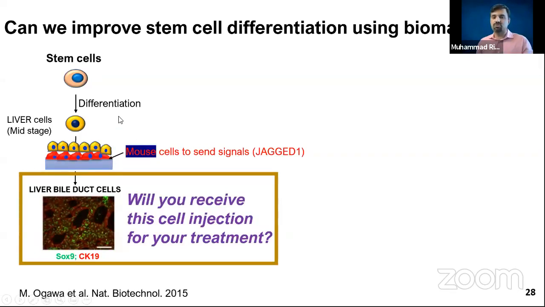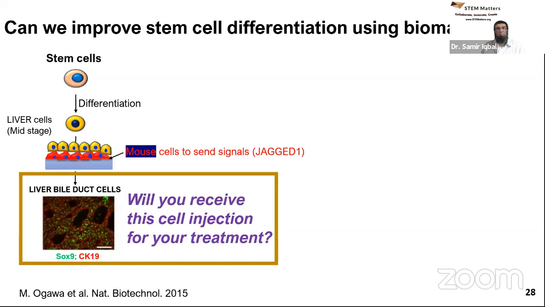Again, this is one of the issues for translation, right? Anything related to translation, you really need to identify every component that is in your system and characterize that. And with mouse cells, it becomes difficult because cells secrete a number of things in the media, which become very difficult to characterize. Versus a hydrogel, for a hydrogel, you know what you needed and what chemicals were used to make that hydrogel. So you can easily track all those components and you can satisfy the regulatory requirements or translational requirements for the hydrogels.